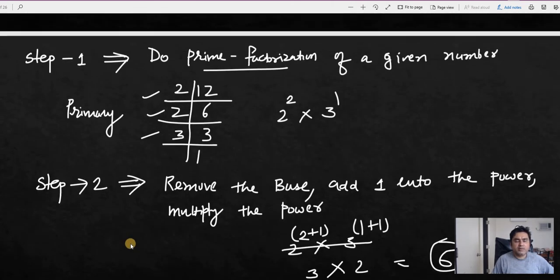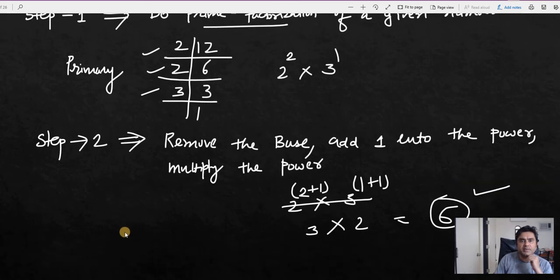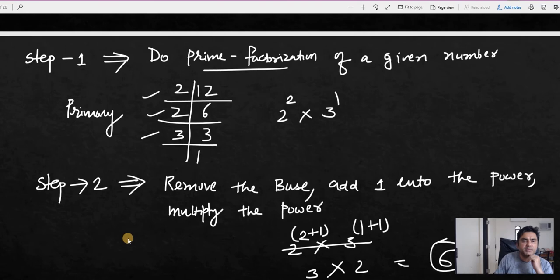Now in an exam they are not going to ask you the total number of divisors for number 5, 10, 11, 12, because it is so easy, anybody can do it. The magic lies when the number is too big and it is not possible to do it orally. So in that kind of situation, what are you going to do? There is a system that is already there. In that particular system, we are going to find out the prime factorization of a number.